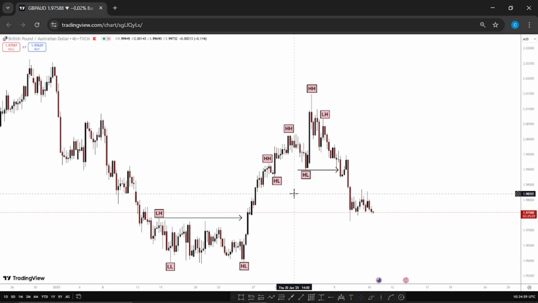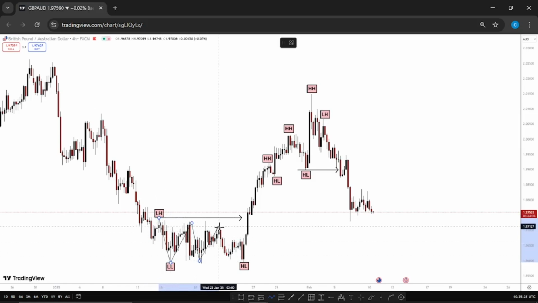Yeah. So now after we've identified our trend of the market, what was the next thing we did? The next thing we did was to identify our market structures. Yeah, so now let's get into the charts and let's identify our market structures together. So from here, what do we have here? Price created a lower high, came back down, created a lower low,